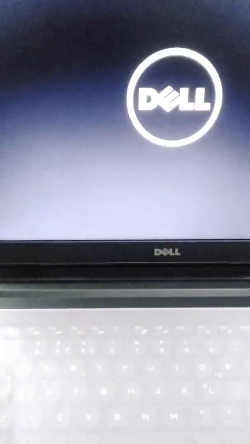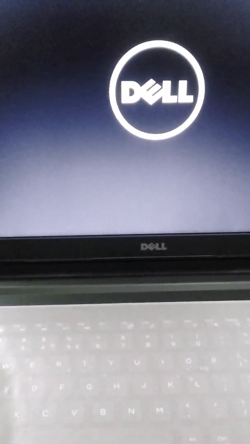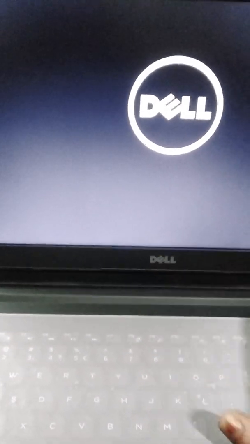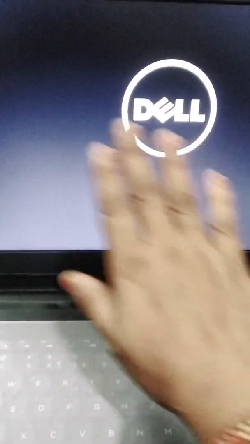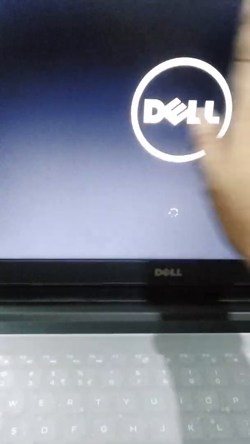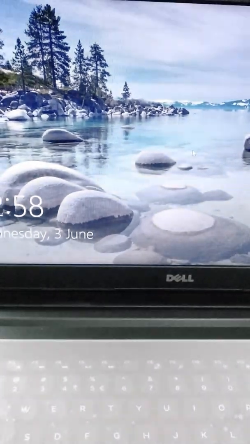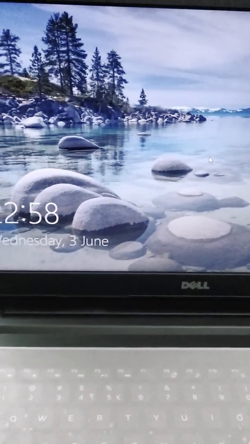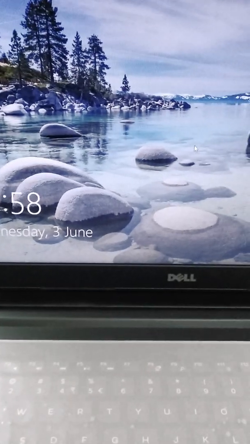Now when you switch on the computer, how will you switch on the computer? First of all, you have to switch on your UPS. First, see this. When you switch on the computer, this screen will come on your screen. This circle is going on, and this is called booting. When the computer is loading after you switch it on, this is called booting of the computer. Okay, children?